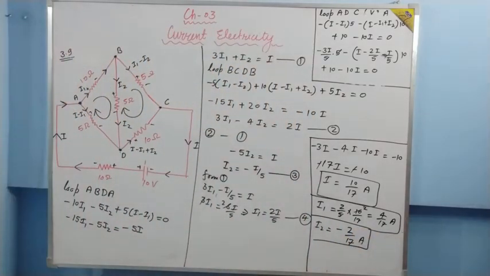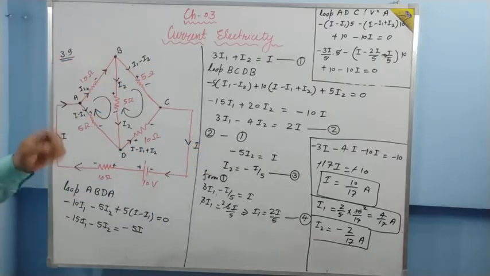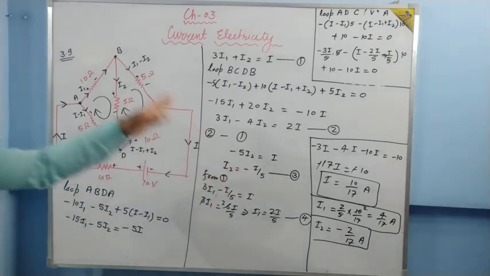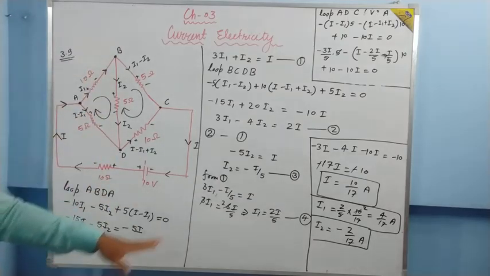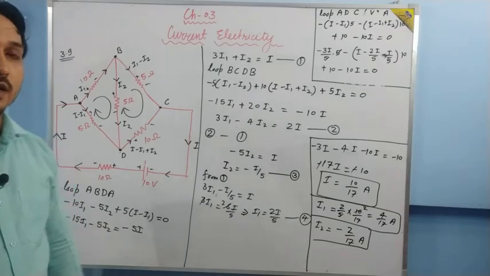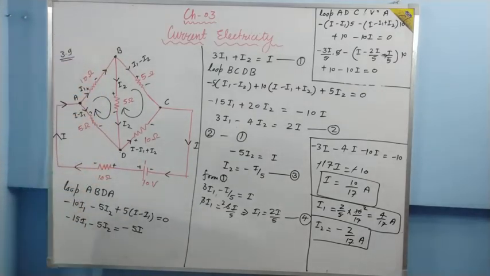Now what we need to do, we need to calculate the current in the branches. Just see over here, in this branch the current I1 is there, in this branch I1 minus I2. In this branch it is minus I2, so it simply means the value of I2 is negative. It means the direction of current we assumed from B to D, but the answer is negative. What does this negative mean? It means that the current will go from D to B, not from B to D. Okay? So we have the value of I, I1 and I2, and we can calculate the current in the branches.